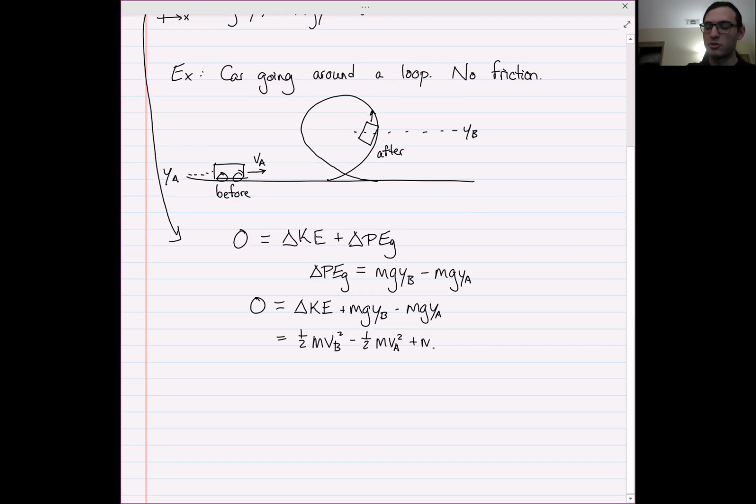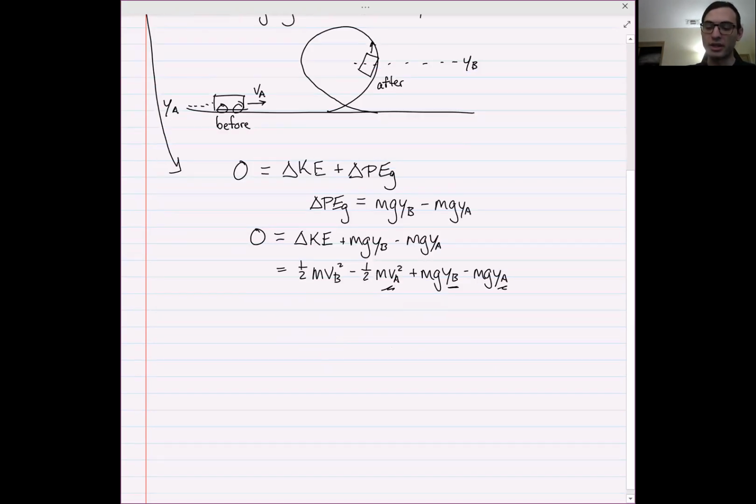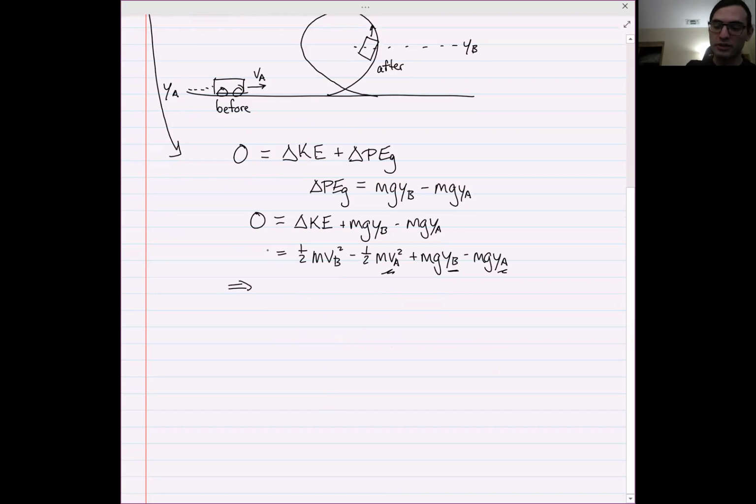And then we have plus mgyB minus mgyA. Now, if you really wanted to know the speed at height yB, now there's one unknown variable, everything else is given: vA is given, yA is given, and yB is given. Now it's just a matter of doing algebra, and because this is all equal to 0,